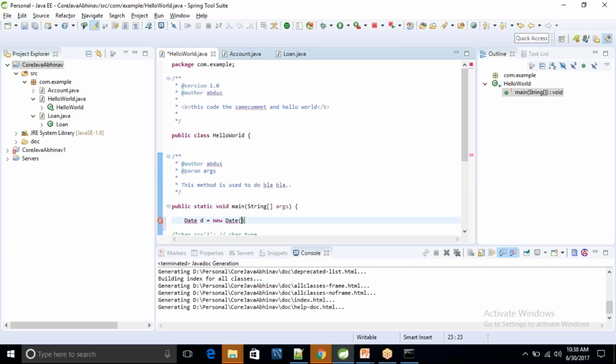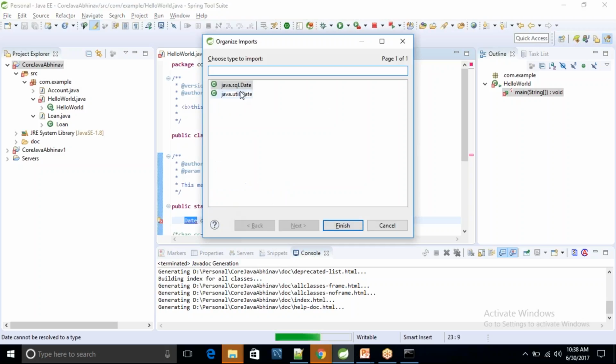Okay, I am just creating a date, and I'll show you the source of the date. As we know, Java is open source, right? So when you downloaded the JDK, we saw there is a src folder, right? In that src folder we have